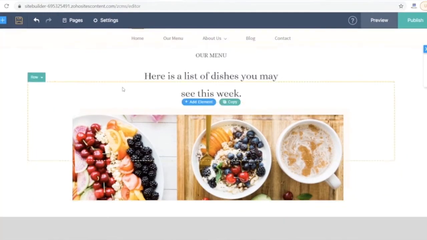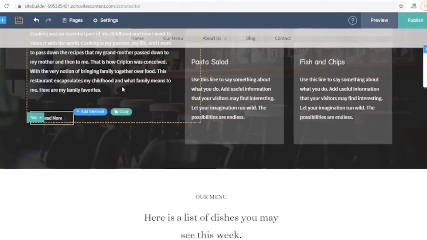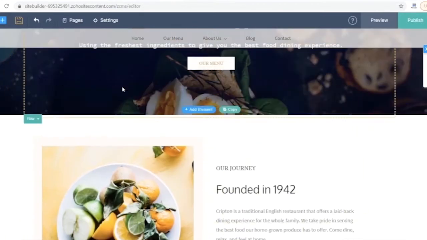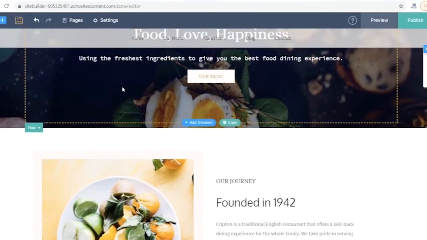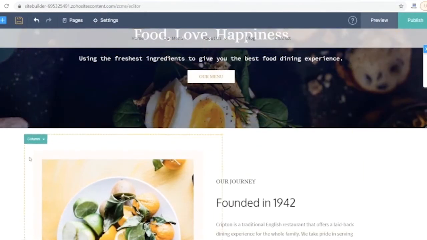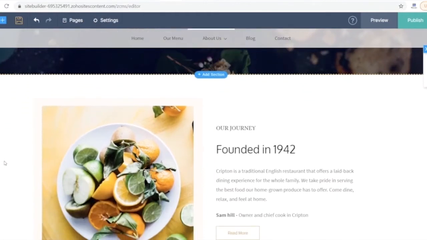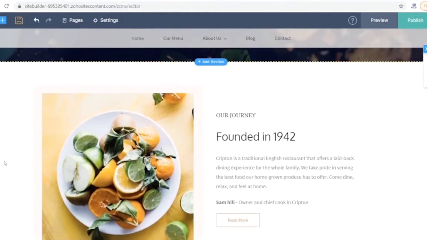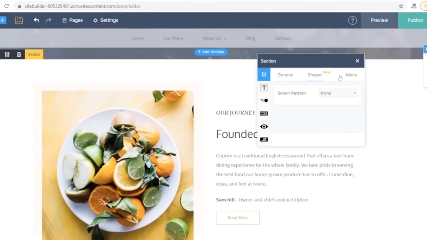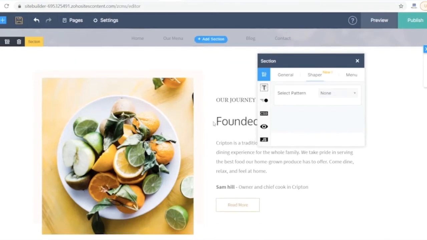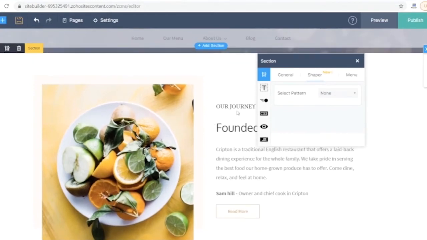So now you can edit each and every section and each and every element separately. When I say element, I mean these images or headlines or all of these other separate entities that you see in front of you. Another important aspect of our website is this shaper element, which really adds a lot of design value and makes a website look professional.